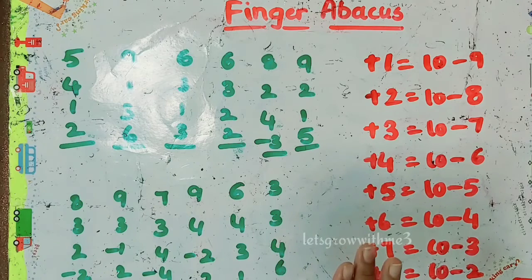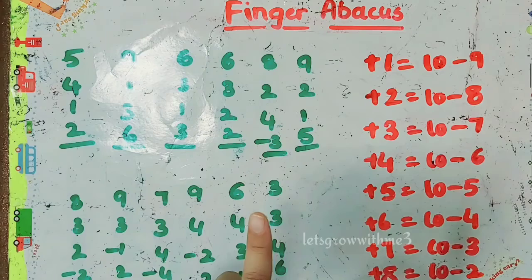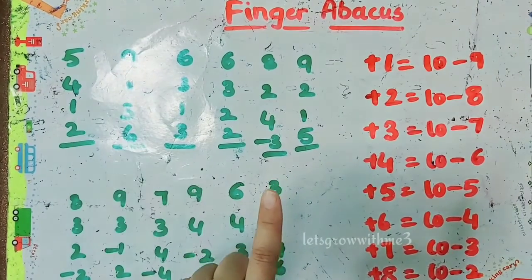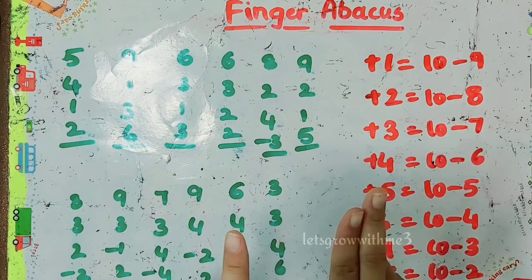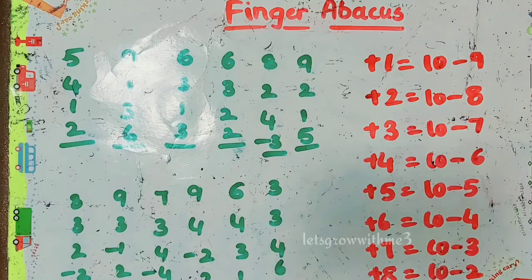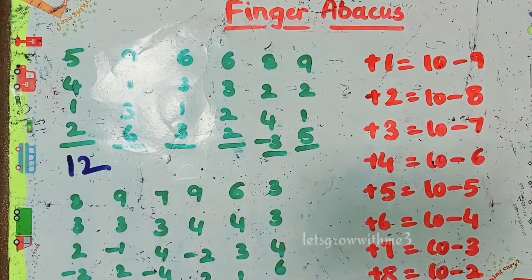When we are doing it the first time, I would suggest keeping all the formulas handy with you. So we need to add plus 10, then minus 9, then we need to add plus 2. Plus 2 we can do directly. Then what's the answer? 12. Then next question.